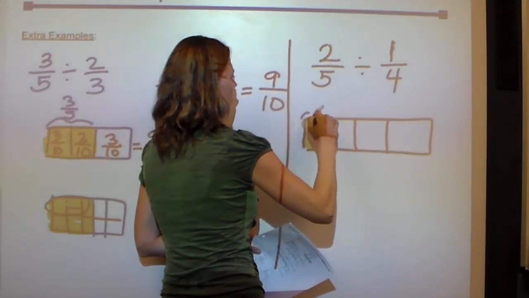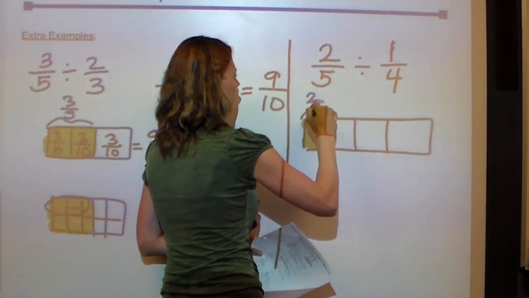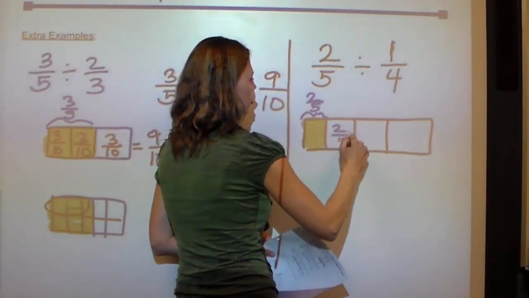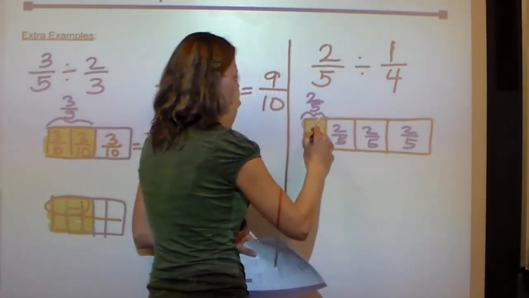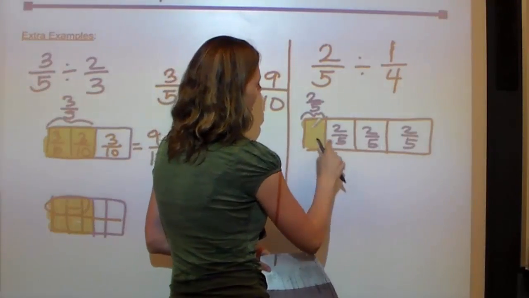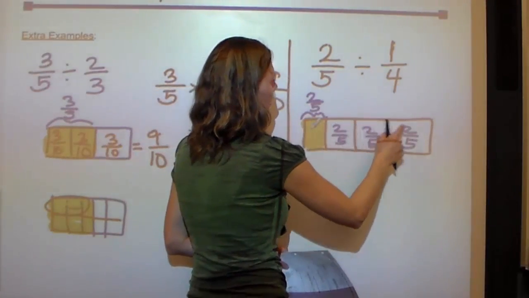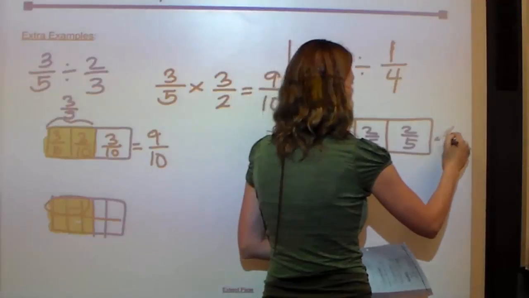My 2 fifths is right here. So that would mean that these are just 2 fifths as well. And this itself is 2 fifths. So if I have 2, 4, 6, 8 fifths,